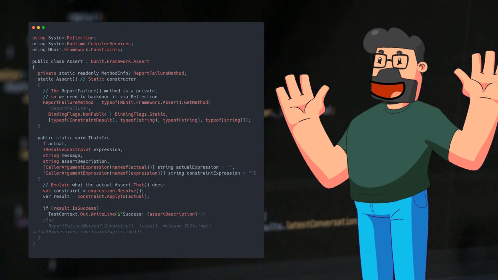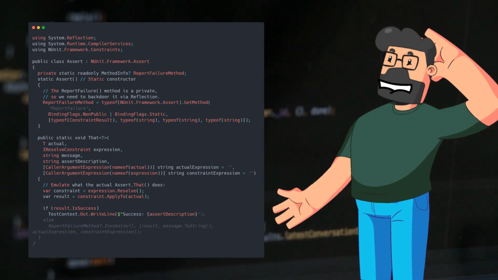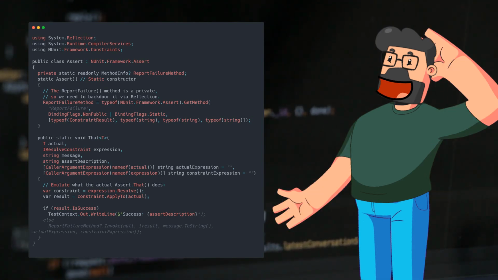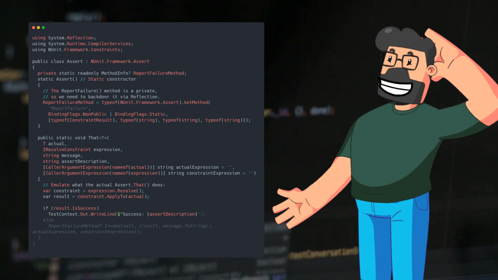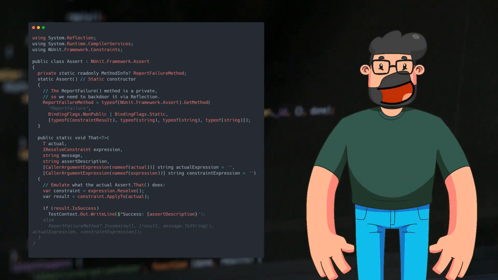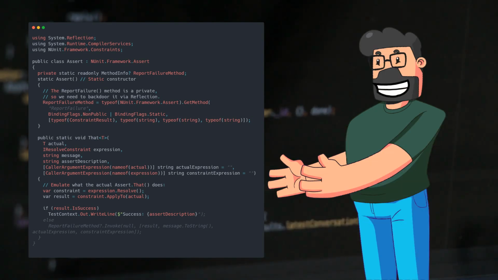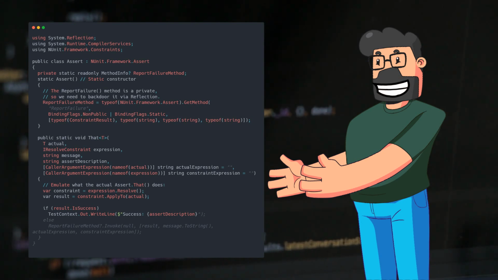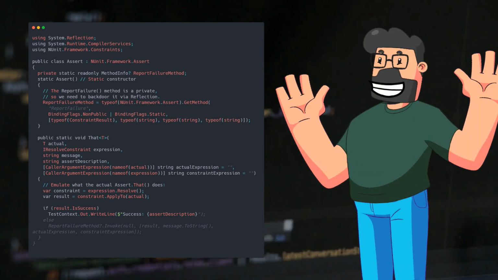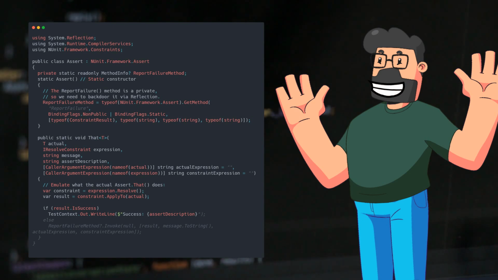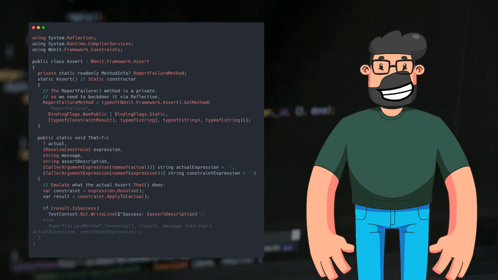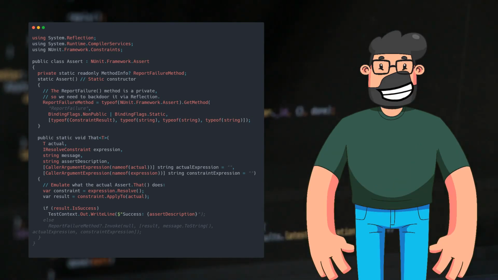Expanding further on the solution, we can go a step ahead and verify if an assert was successful by modifying the Assert class. By utilizing reflection to access the private ReportFailure method, we can capture successful assertions and log a success message using TestContext.Out.WriteLine. This approach helps us maintain the original Assert.That behavior while enhancing our testing logs with success messages, even within